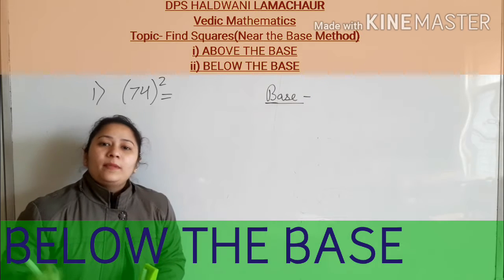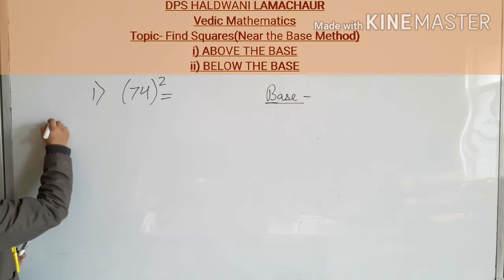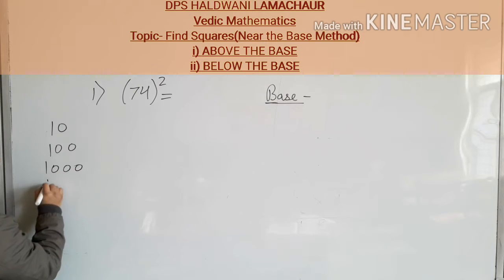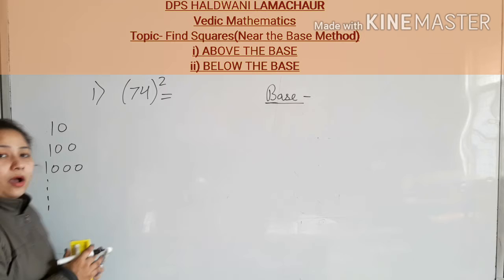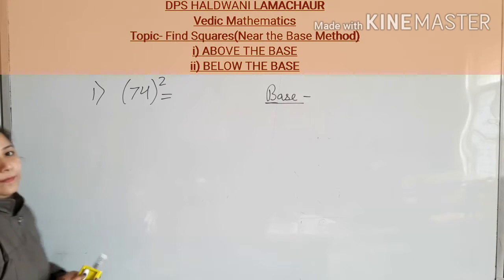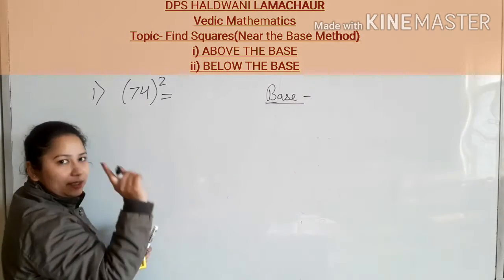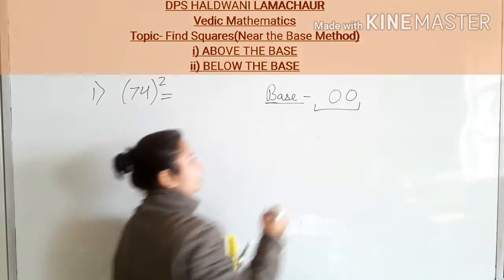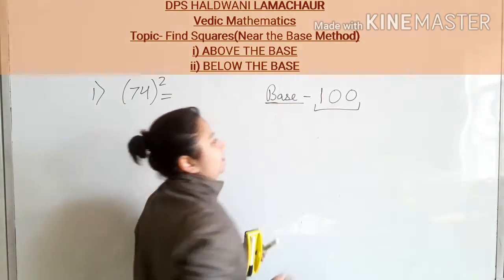Yes, in this topic you will get the sums which are below your base. As your base can be 10, 100, 1000 and more. So you can see that it is below 100. Now how will you find the base for the numbers which are below 100? See, in this we don't have to count 1. Yes, 2 digits are there, sorry. So 2 zeros. 2 digits, 2 zeros, and put 1 as this.